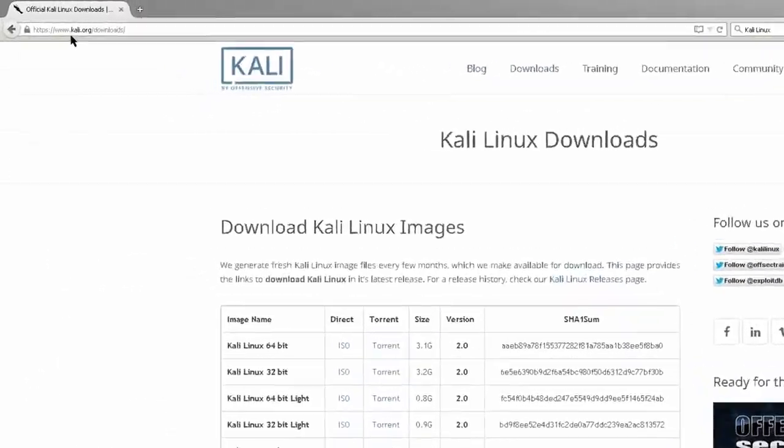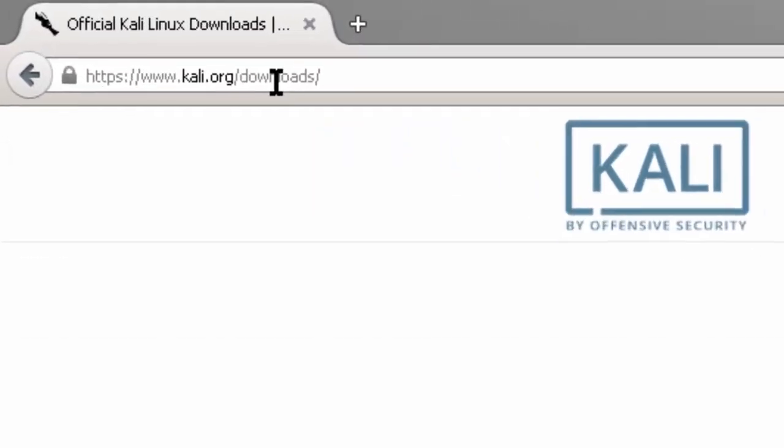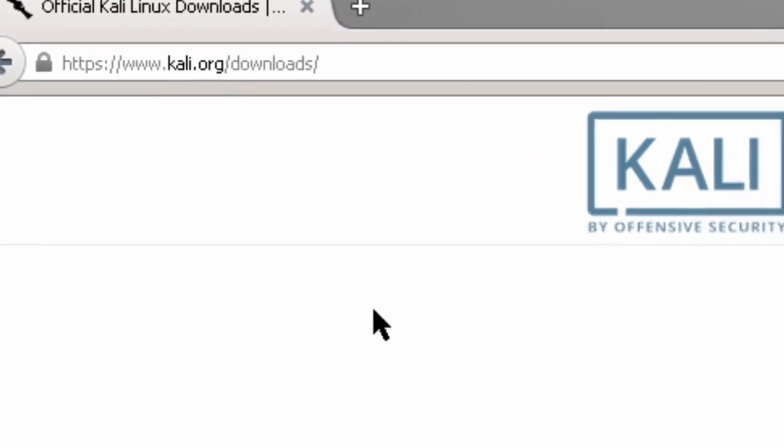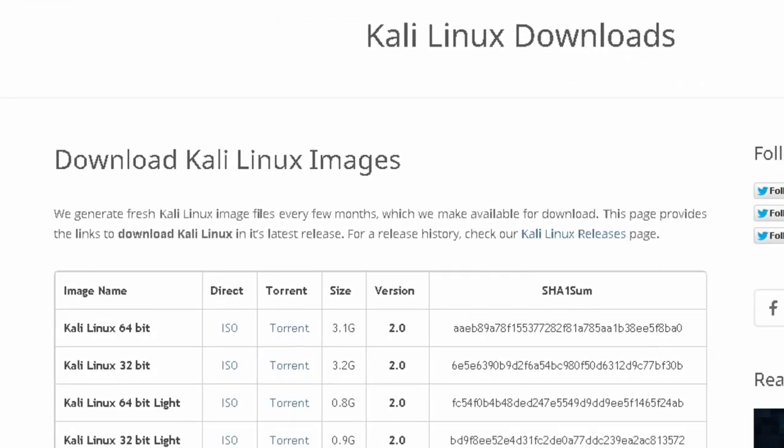Here I am at the www.kali.org downloads page, and I'm going to download a 64-bit Kali Linux. I'm going to download the ISO file because that's what I need to use with VirtualBox. Click right here where it says ISO file,